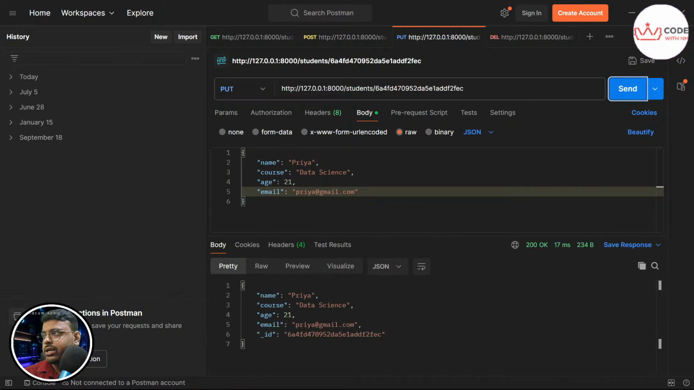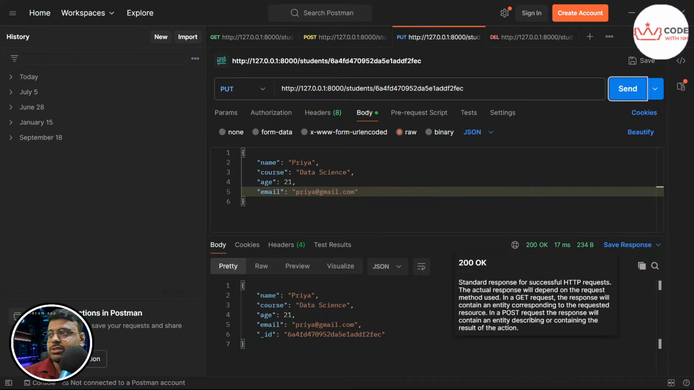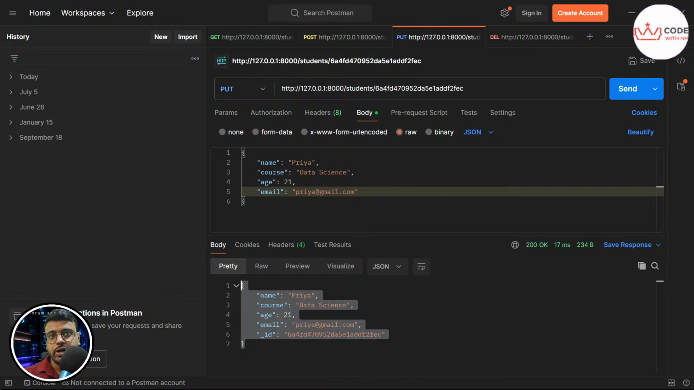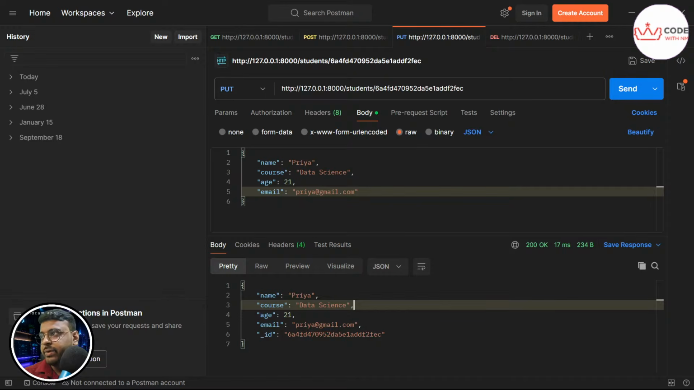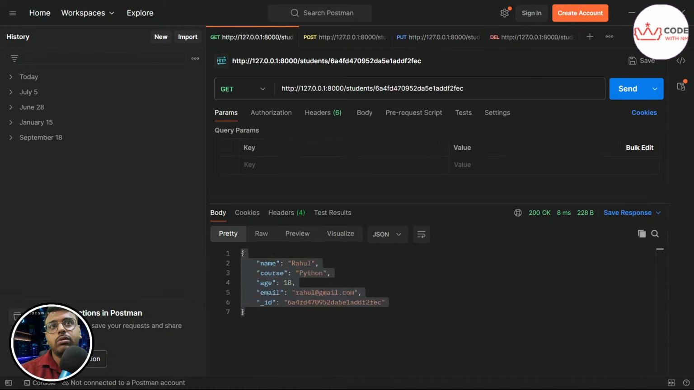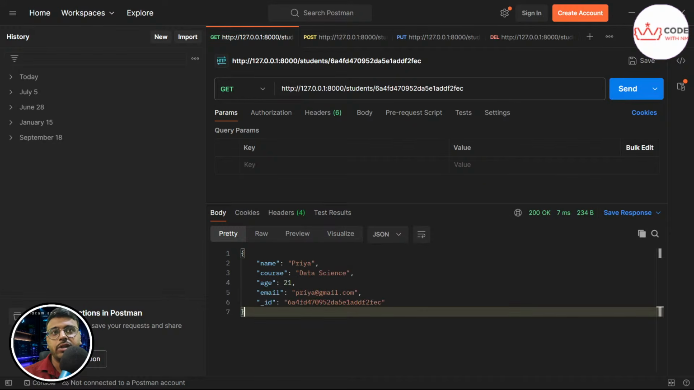So we didn't get any error, we got 200, which is a successful status code, and we got the updated data of Rahul to Priya. Now how can we check it? This is the ID we got for Rahul's data. Now if I click on send on this ID itself, you will see the same ID data has been updated to Priya. But also let's copy this ID, and for your sake I will check this in